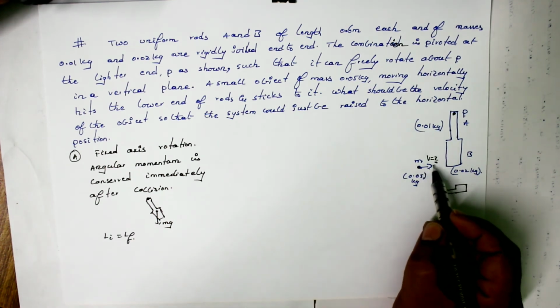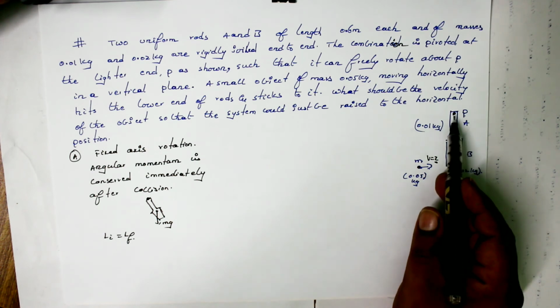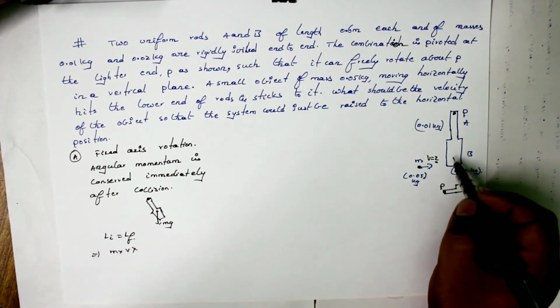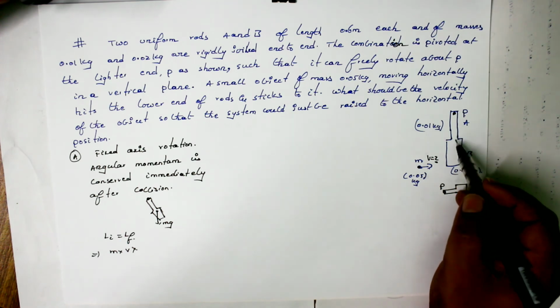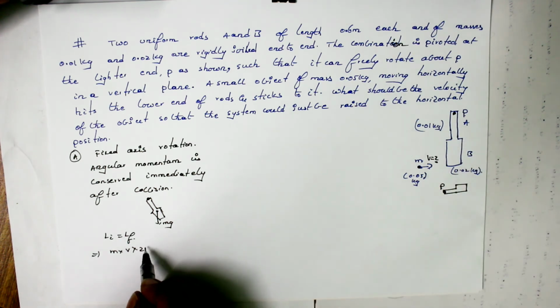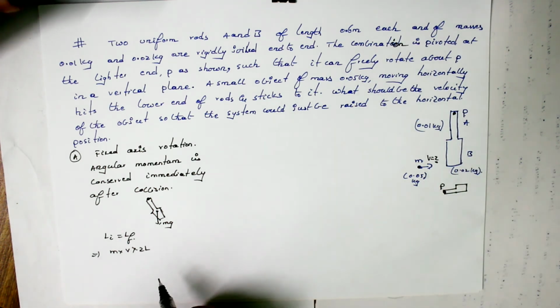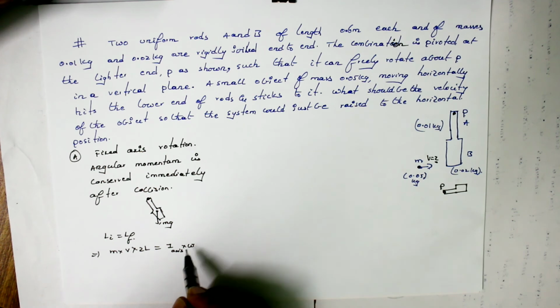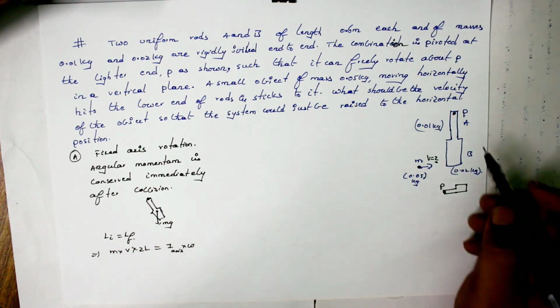Initially only this mass was having angular momentum about this axis. Its mass is m and its velocity is v, which I am supposed to find out, and it is hitting at a perpendicular distance of L plus L, that is 2L, since the lengths of both the rods are equal. So this should be equal to I axis into omega, which is the angular momentum of the total system